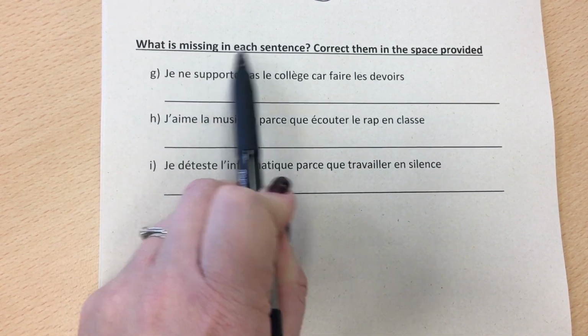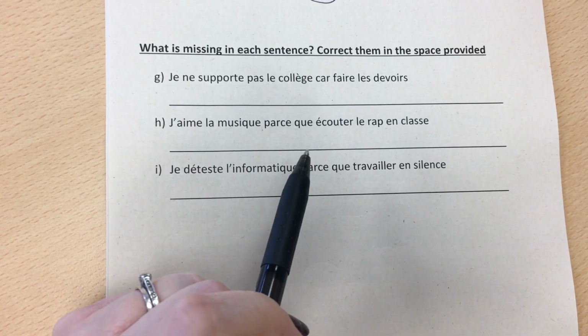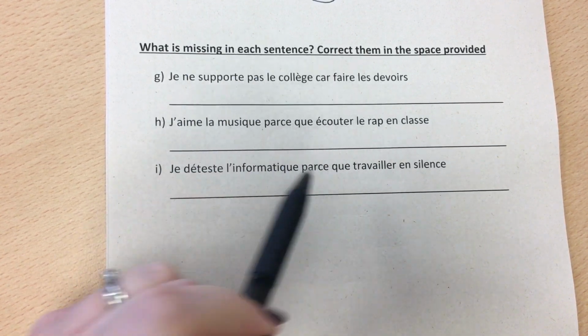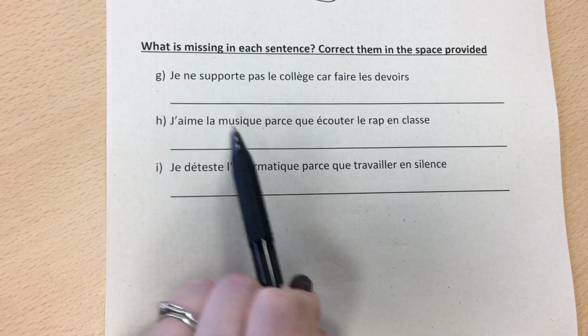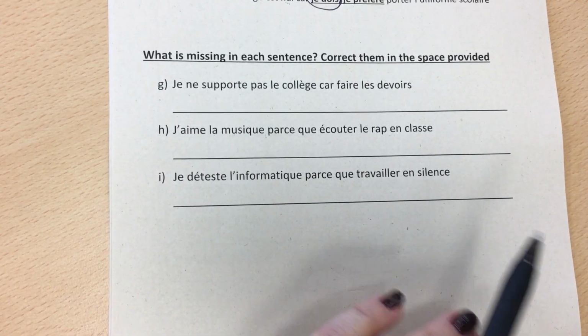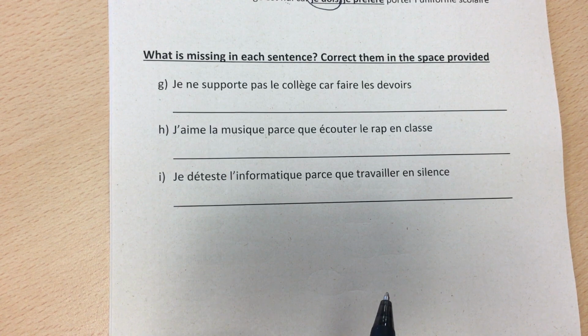And now on to our final bit of practice for this new and really helpful skill. I'd like to know what is missing in each of these sentences. Can you put something into the sentences to complete them? We'll look at this first one together and then you'll try the next two yourselves. There may be more than one solution.